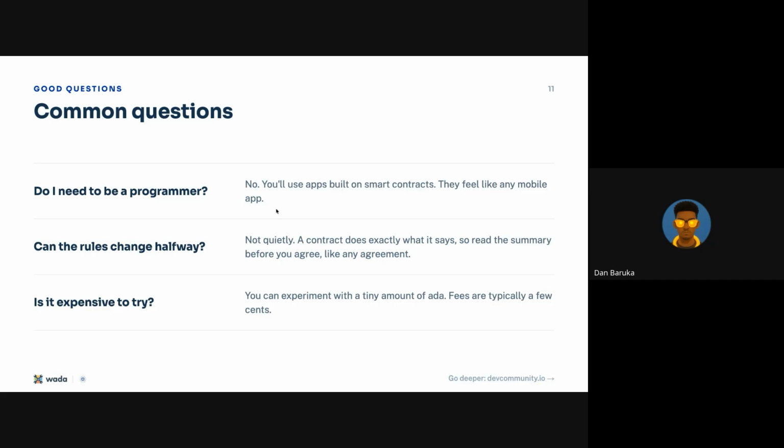Is it expensive to try? No, not really. It doesn't cost you a lot of money, like a lot of ADA, when you're talking about Cardano. So you can test. We have free smart contracts. If you're technical, you can go and test it. And if you're not technical, you can think about the smart contract like off the chain. If you have a DApp or you are a builder, you can execute the smart contract and test how it works. Yes. Next.